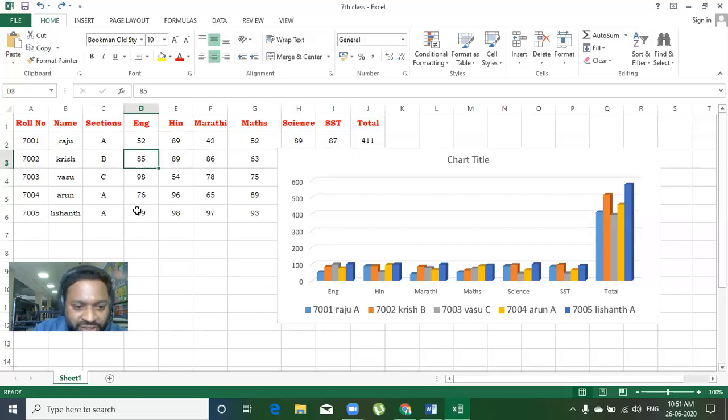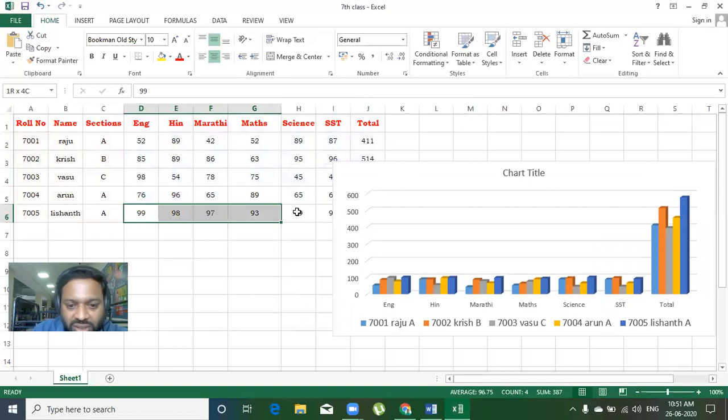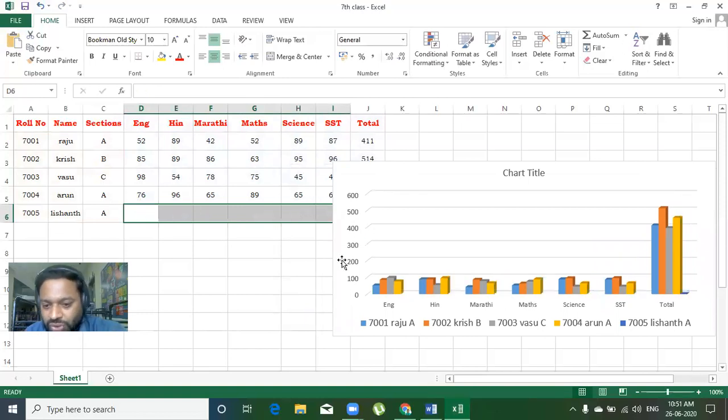Even if you delete all subjects' marks of Lishant, you can see Lishant's all subjects data series is displayed. I did not delete their roll number, name and section, only the marks. So when I delete the marks, their data series is also deleted from the chart.